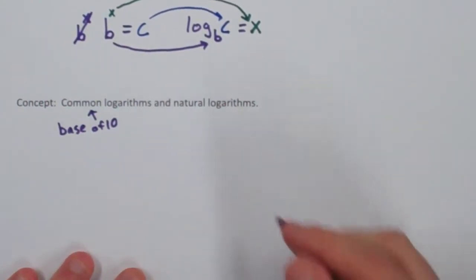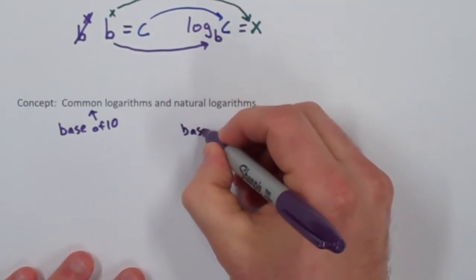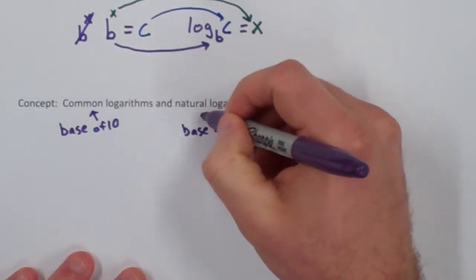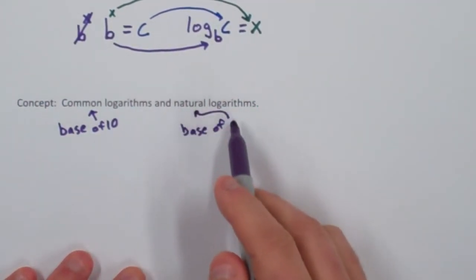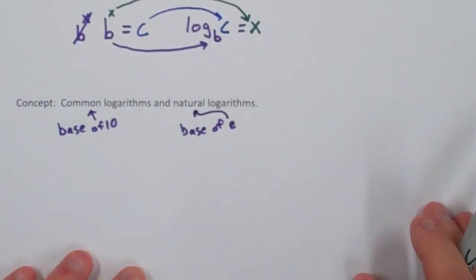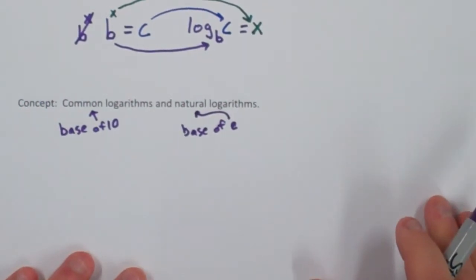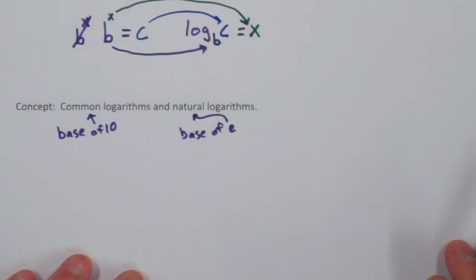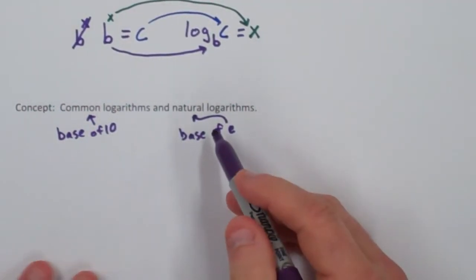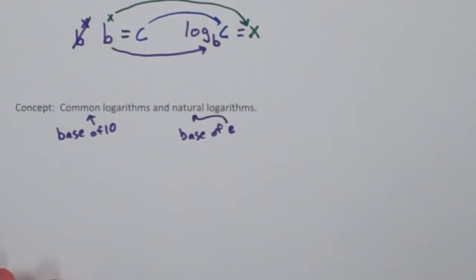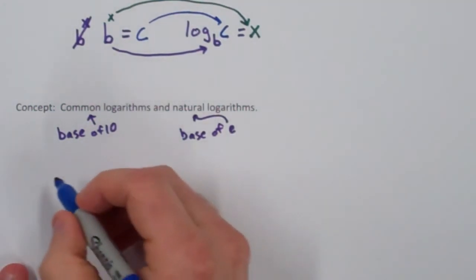Natural logarithms, on the other hand, have a base of e. And we call them natural because we use natural logarithms and e a lot in the sciences, like biology, counting populations and things like that. So it appears in a lot of natural situations, out in nature, I guess. So let's take a look at an example for a common logarithm, which is a log of base 10,